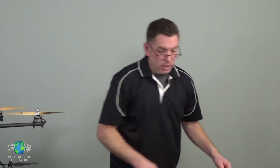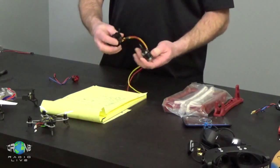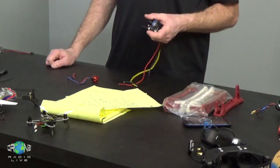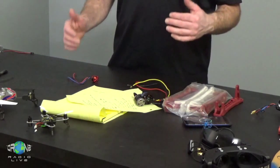Now, with the frame, the next thing that you would have are motors. Now, with these helicopters, there's a couple differences that are basic, okay? These are brushless motors, and you know they're brushless motors because there's 3 wires coming out of them, okay? Brushless motors and brushed motors work pretty much the same way. They both have